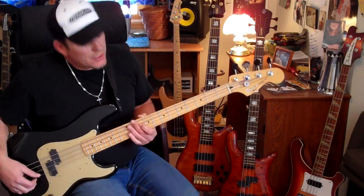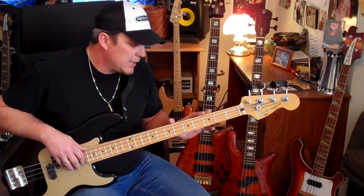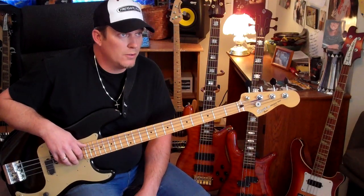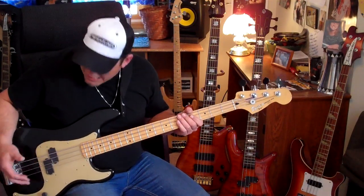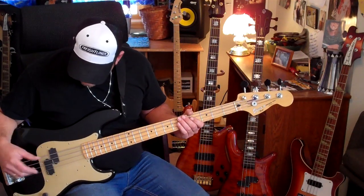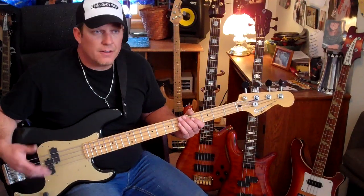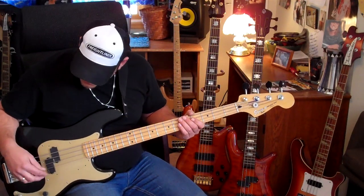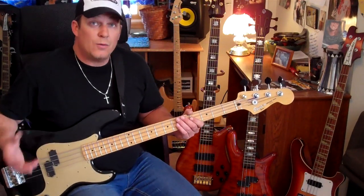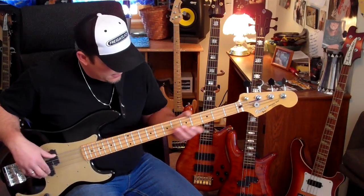I should also mention that I primarily use these vintage basses for session work where they call for older style tones, so I use flat wound strings. These are Black Diamond flat wound strings, and the inherent nature of flat wound strings is they're going to be a whole heck of a lot duller than a round wound string. Well, if I'm doing a technique like harmonics,